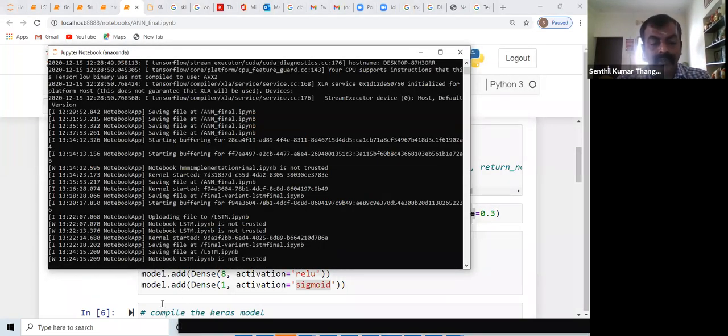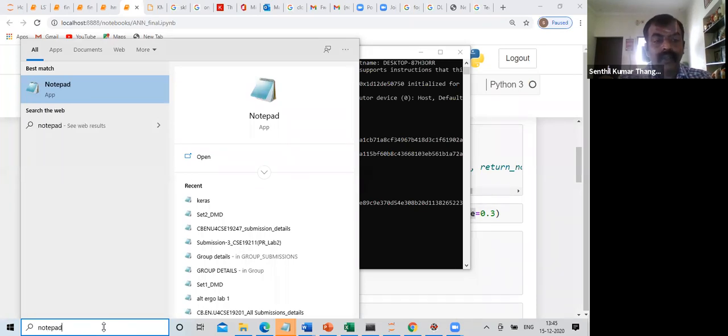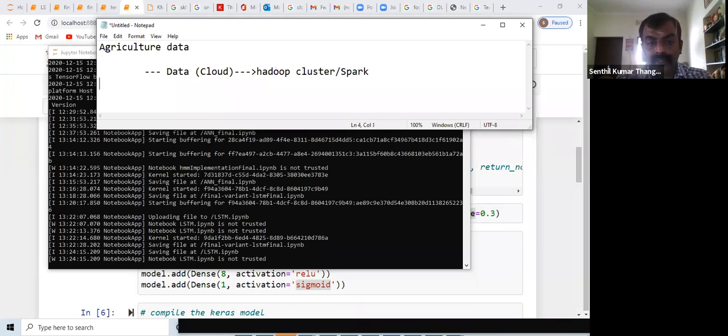See, usually when you are trying to take data, let's say you are trying to take up an agricultural application. Let's take our agriculture data because that's what we started with in the morning. If you take your agriculture data and you are saying that my data is no more on my system, my data is on the cloud, then the question would be, where is the cloud existing? You would say that I have a Hadoop cluster or I have a Spark cluster through which I'm processing, right?